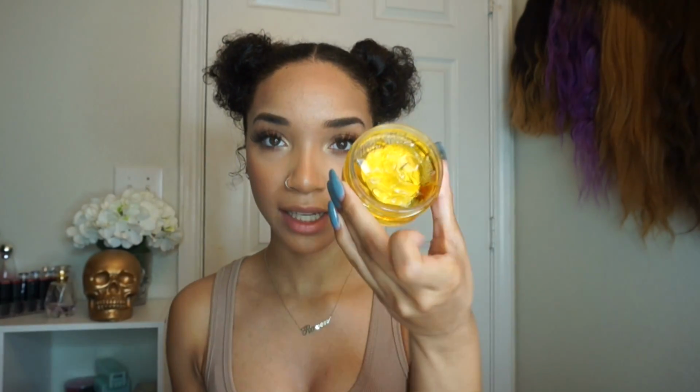ear. Then sometimes I just leave it like this, just regular slicked back in the front, and other times I like to pull my baby hairs out and actually style my baby hairs. So in order to style my baby hairs, I take a cheap toothbrush that is specifically used for my hair, and I go back into the Cream of Nature edge control, and I just dip my toothbrush into the edge control, just tap it in there a few times. You don't want to get a whole bunch of edge control on there, just cover it a little bit,